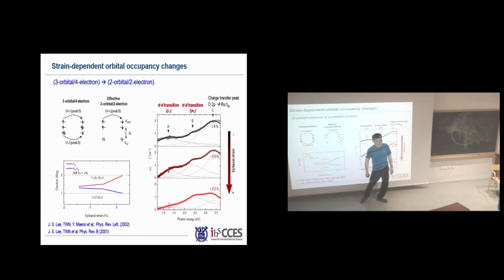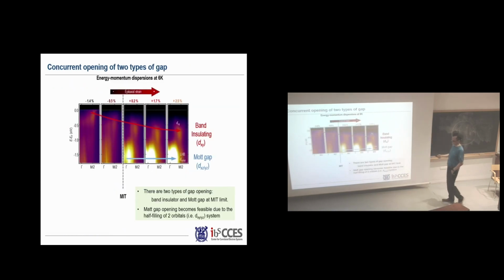Oh, I don't have time to enter the topological aspect. But anyway, this is the highlight of this part. You can see that these xy orbitals are slowly moving like this. But for these xz and yz orbitals, there's no gap. So the Fermi surfaces are still located like this. But suddenly, there's nothing in here at the Fermi surface. You have a very bright state at the UV. So this is a Mott gap that develops around here.